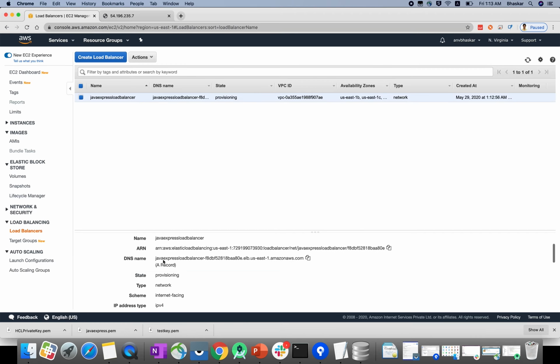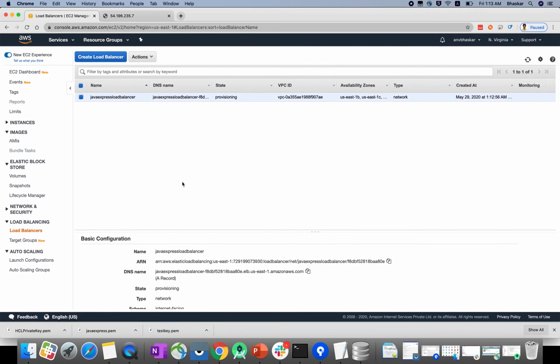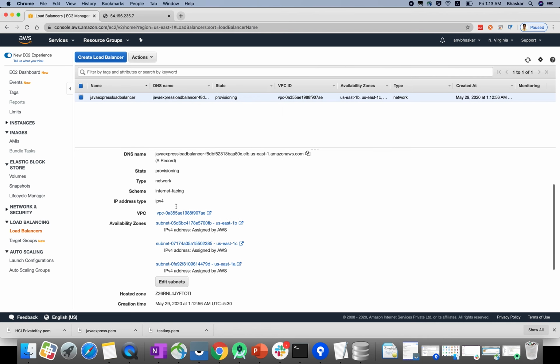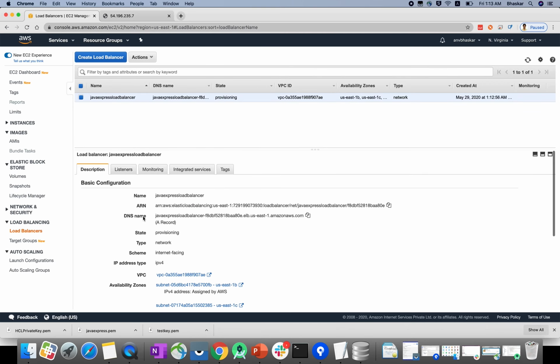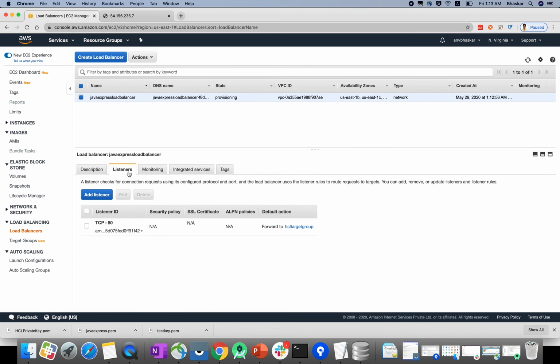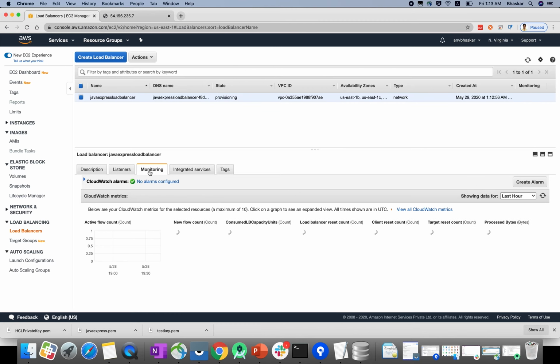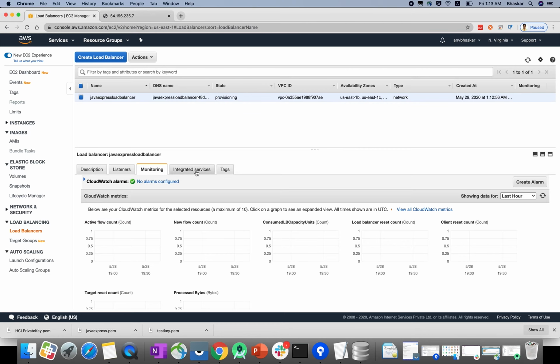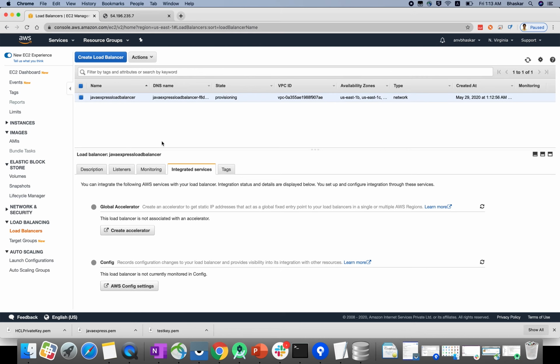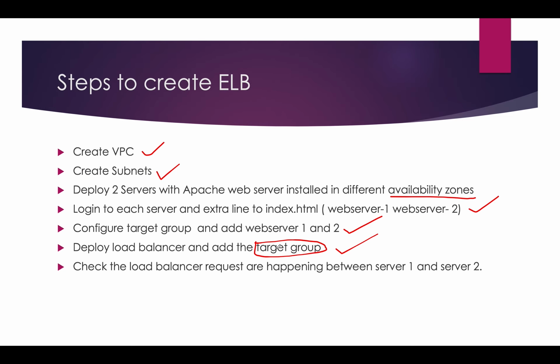Now we'll see the health checkups, where exactly they will be, and some configuration. See, these are all the availability zones I gave under this VPC. This is the port 80 you enabled. This is the monitoring; your health checkups, everything, will be displayed in a graph. So you added your subnets and your target group, right? Now your load balancer is ready and you attached your target group.